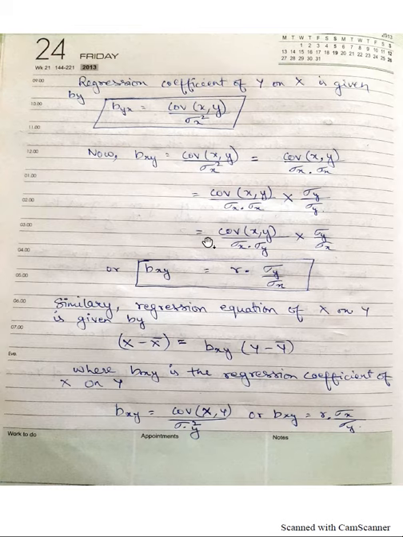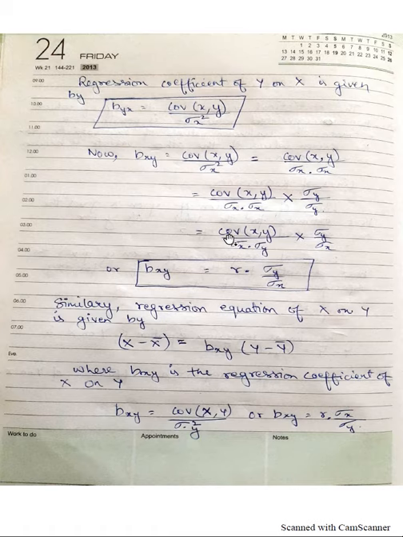This will again be equal to covariance between x and y. What we do here is we write the sigma y inside with sigma x, and we write the sigma x outside in place of sigma y. We can do it because it is simple multiplication, we have just changed the spot. So it can be written as covariance between x and y divided by sigma x into sigma y, into sigma y by sigma x.